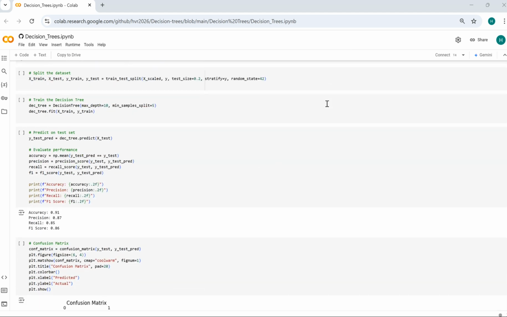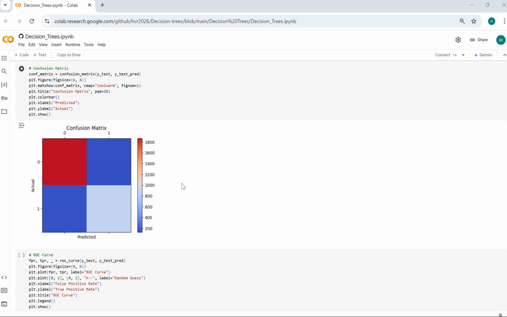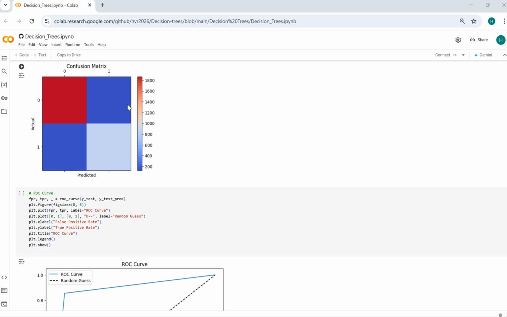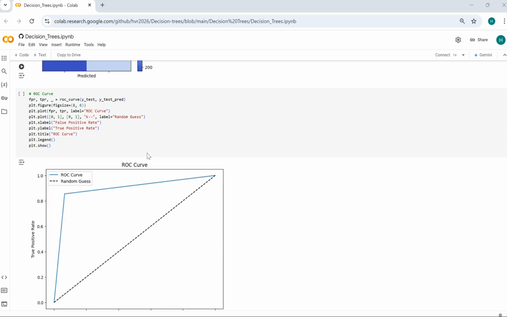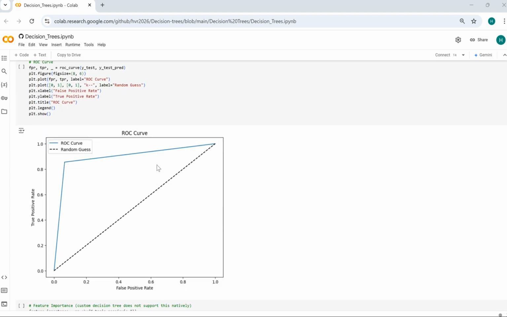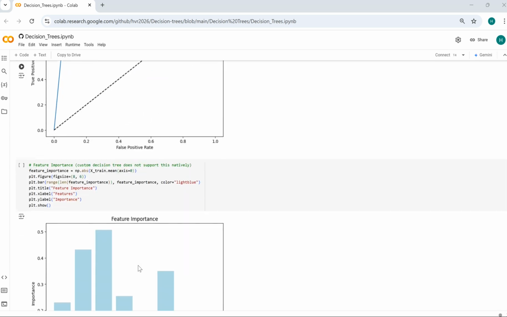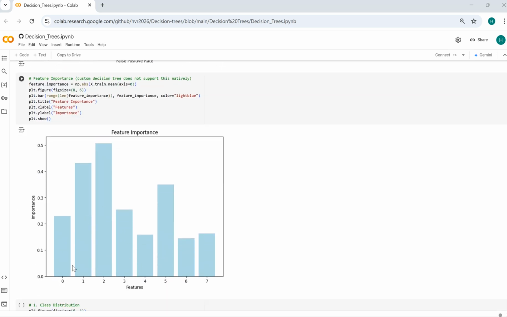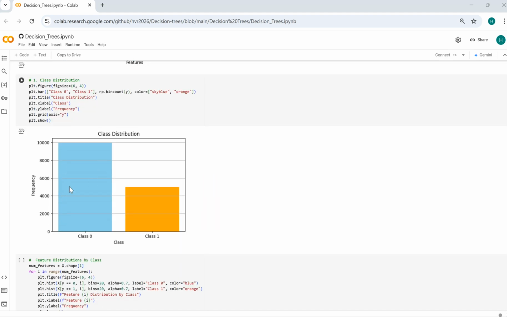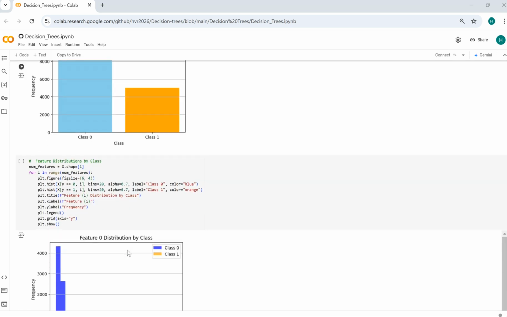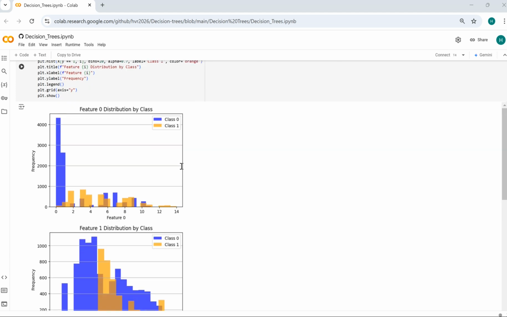So let's see the results by visualization. This is the confusion matrix, showing the relation between actual and predicted values, and this is the ROC curve, showing false positive rate versus true positive rate, and the feature importance, which shows which feature is important, importance versus feature score, and class distribution, which highlights the frequency in class 1 and class 0, and this